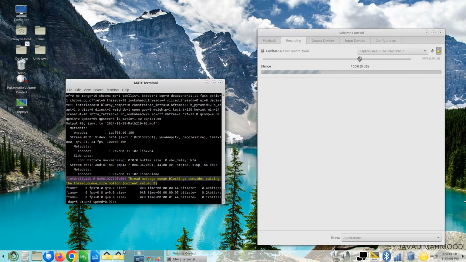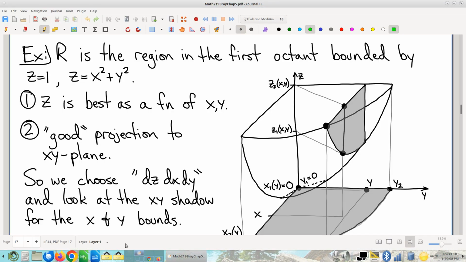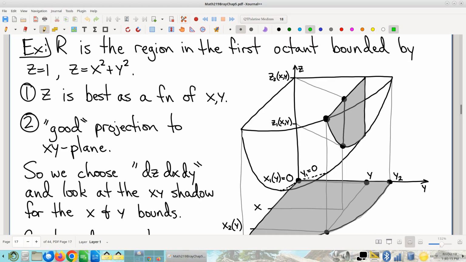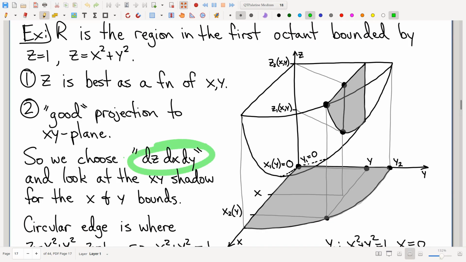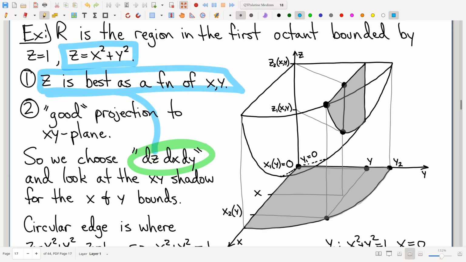Okay, off we go. Last time we were talking about this example right here, and just a reminder, we made a choice about doing the slicing in this order based on the fact that you look at this equation, you see z is best as a function of x and y. I'd rather solve for z than any of the other variables, right? And clearly the better choice. We don't want to introduce square roots when we don't need to, and so that's the choice we're going to